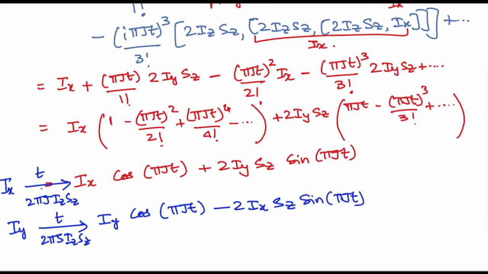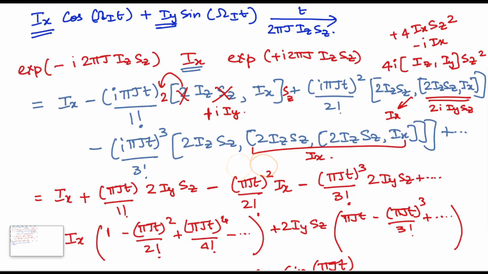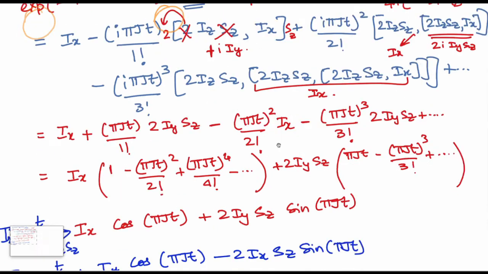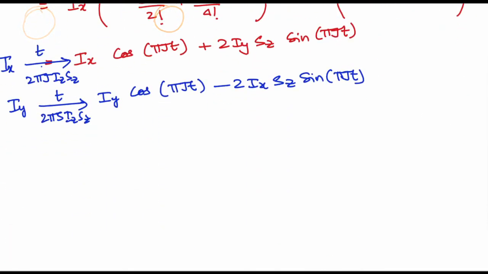This is an important aspect that comes out when you had just an Ix term. Due to the presence of a coupling term, you are able to realize you generate an Iy Sz term. If you are thinking about chemical shift evolution from Ix, you just generated Ix and Iy. But on the other hand, when you just have Ix with the scalar coupling being present, Ix becomes Iy Sz, not just Iy itself. So this is an important observation one makes.